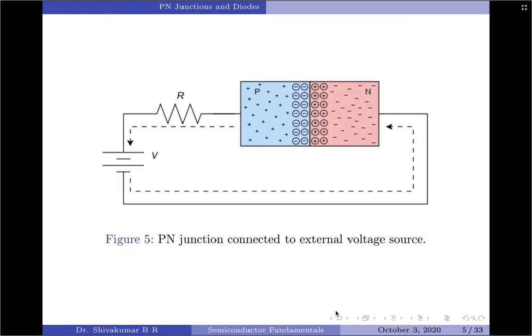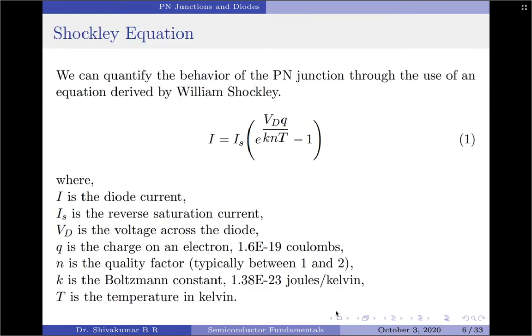Perhaps the simplest of all semiconductor devices is the diode. In its basic form, a diode is just a PN junction. It is a device that will allow current to pass easily in one direction but prevent current flow in the opposite direction. We can quantify the behavior of the PN junction through the use of an equation derived by William Shockley,